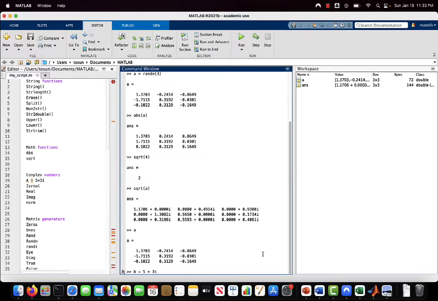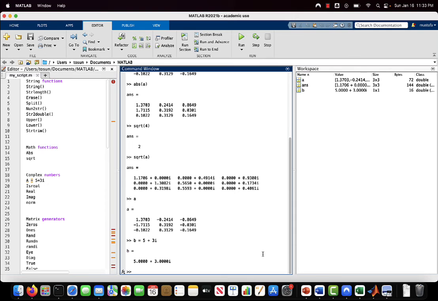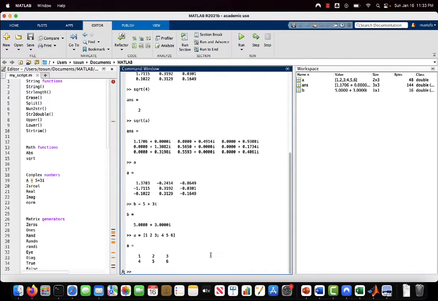Right now I used the i keyword. As you can see, I have a complex number right now. And let's say you have a 1 2 3 and 4 5 6 matrix,